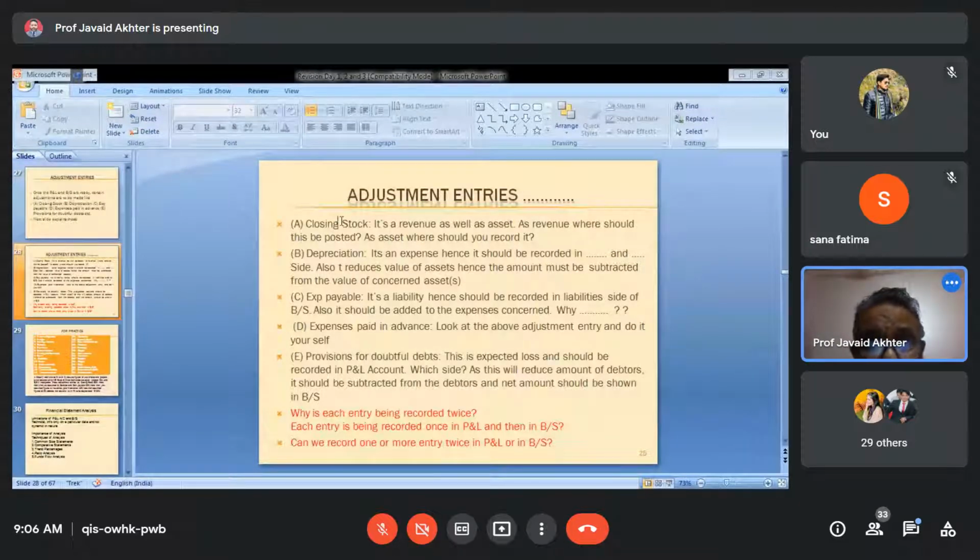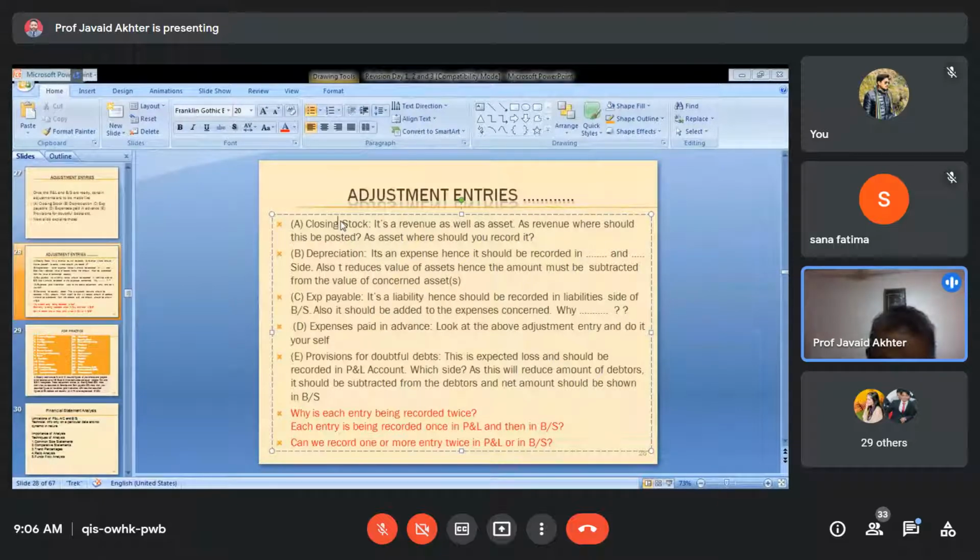See, closing stock. Before a company enters the value of closing stock, it assigns a figure to this. Stock in any company would be available in the form of goods. If it is a company manufacturing locks, what would be available in its godown? Number of locks of different categories. But in the balance sheet or profit and loss account, it cannot be written that 10,000 locks are available, because locks cannot be added to rupees. So you need to convert those locks into rupees.